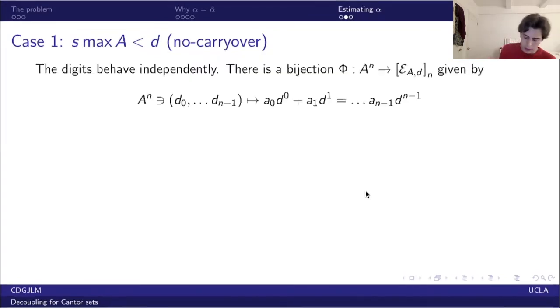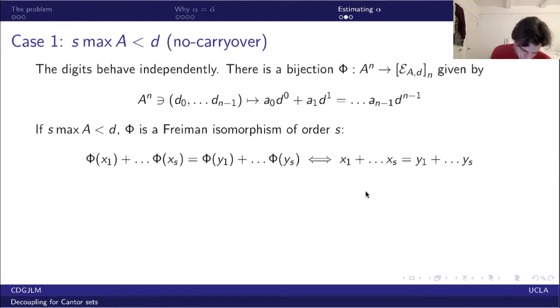So in order to make that formal, we will define a bijection from n copies of our digit set to our Ellipsephic set simply by, well, if I give you the digits, you build the number by adding all the digits times the corresponding power. Now, it turns out that this map is an isomorphism in a very specific sense. It's not only a bijection, but it preserves the structure of interest. Since we have no carryover,